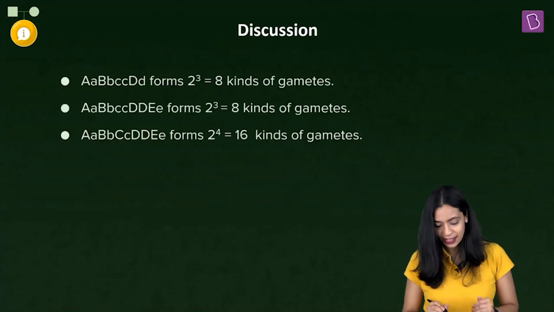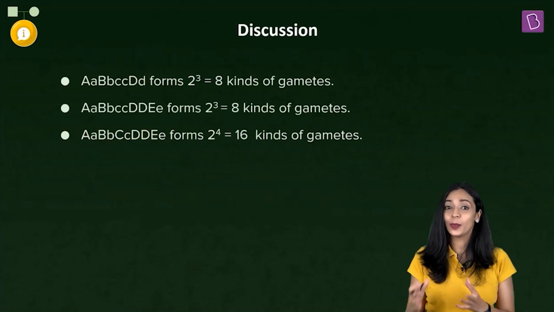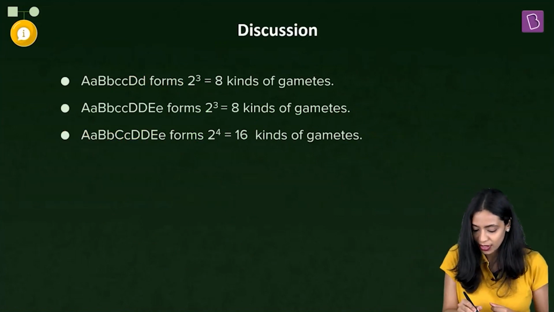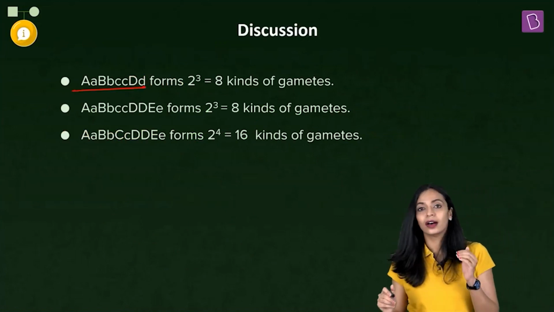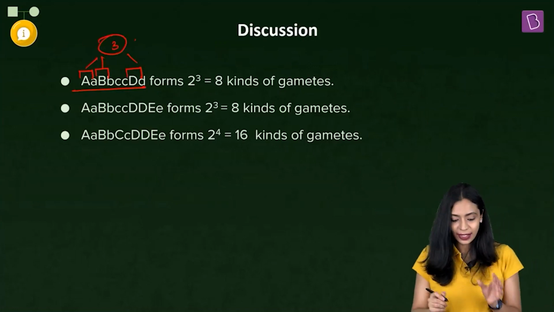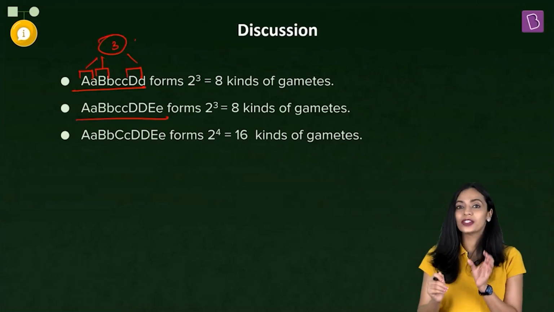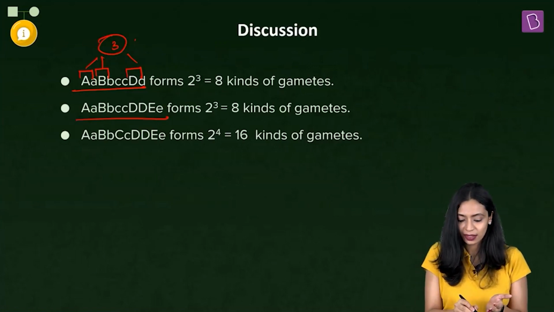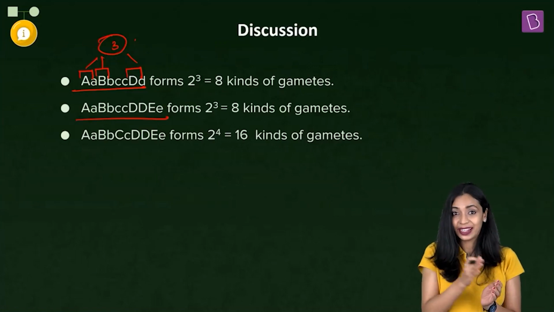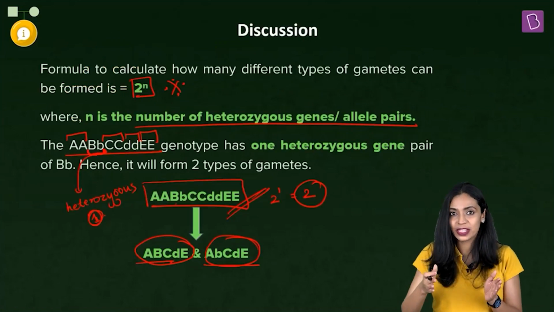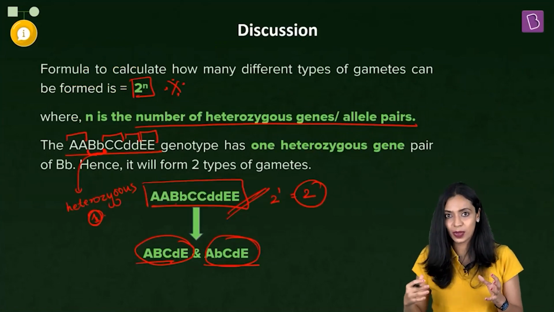If you have understood, let's go ahead and try to find out how many different types of gametes are produced by the other genotypes given in the options. So let's consider option A. In option A, you have 1, 2, and 3 heterozygous genes, right? Look at it. This first option has a fewer number of alleles given to us. There are only 8 alphabets in the genotype compared to option C. Option C had 10 alphabets given. That means 5 characters were considered.